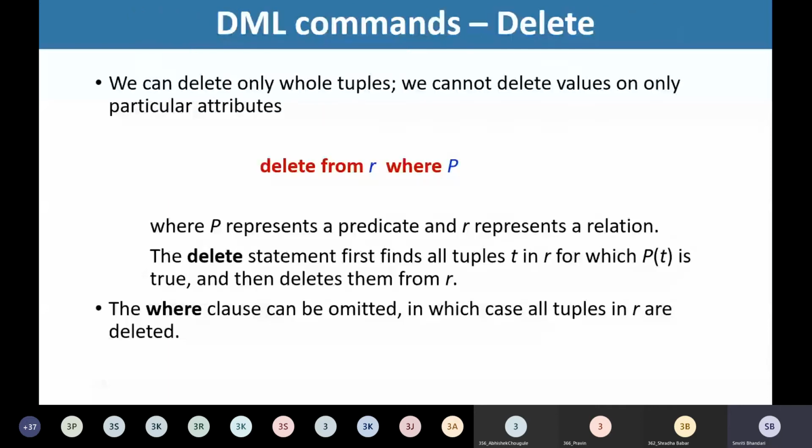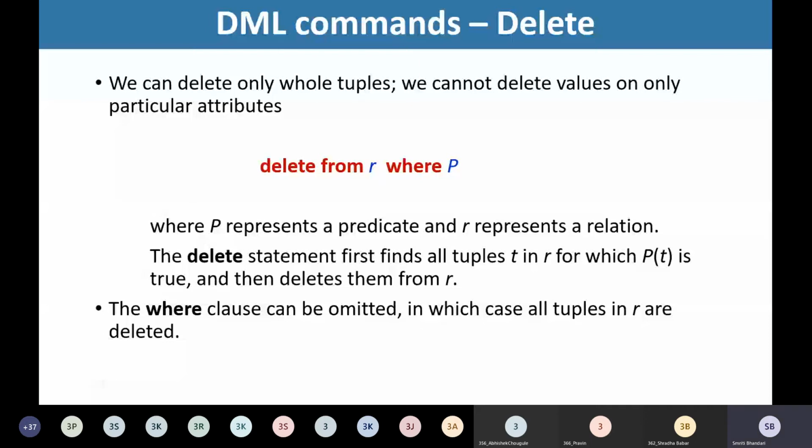What is this delete statement? Delete statement helps us to delete the tuple, the record, from the table. It does not allow us to delete individual attribute values, but it helps us to delete the entire tuple from the table. The syntax is delete from